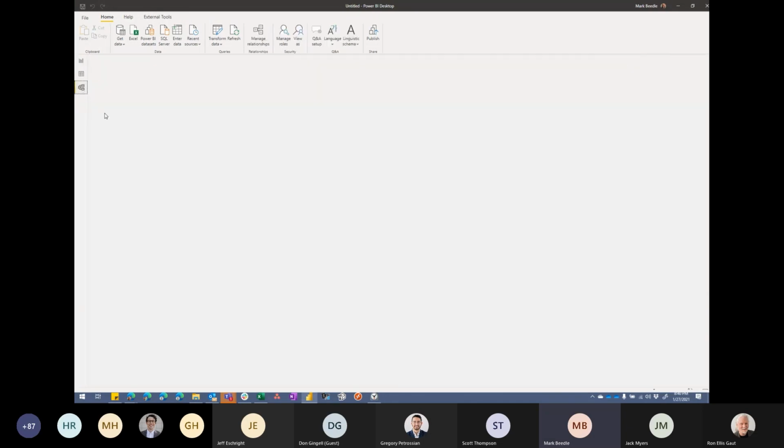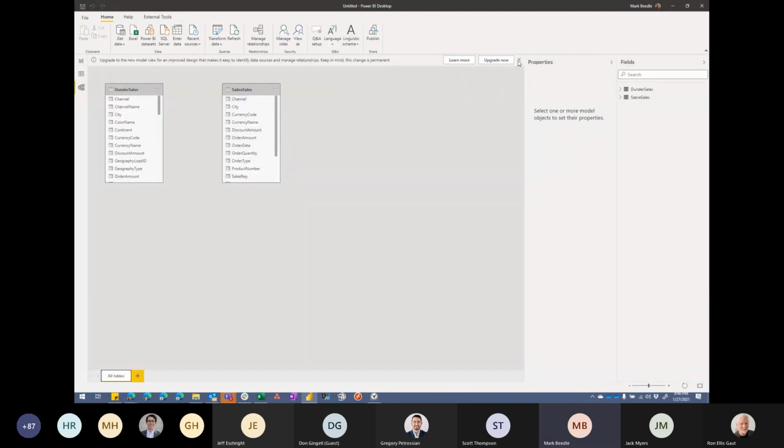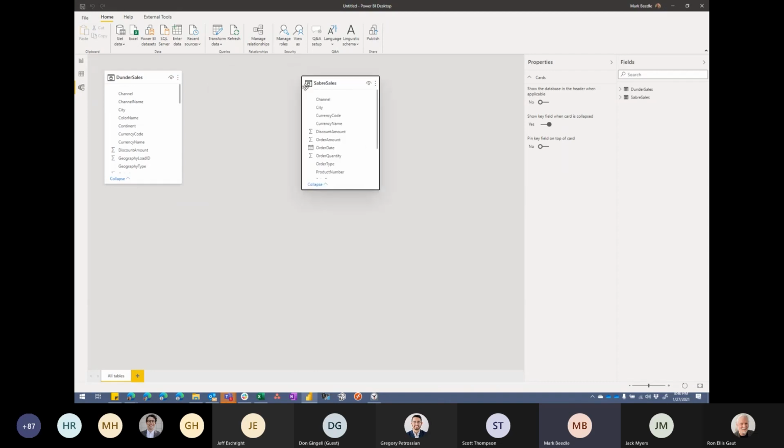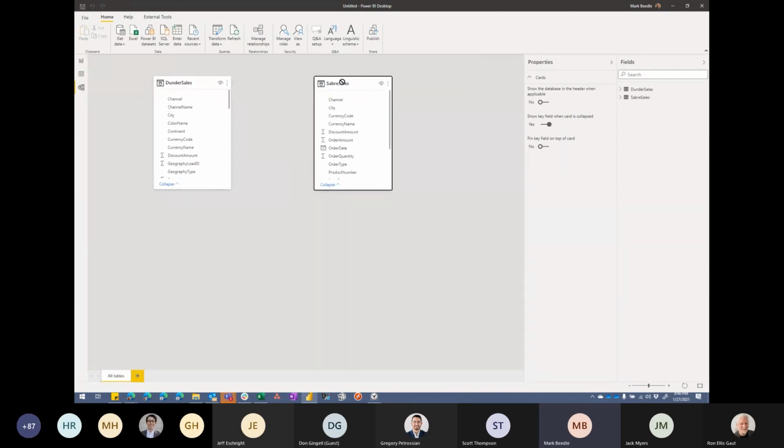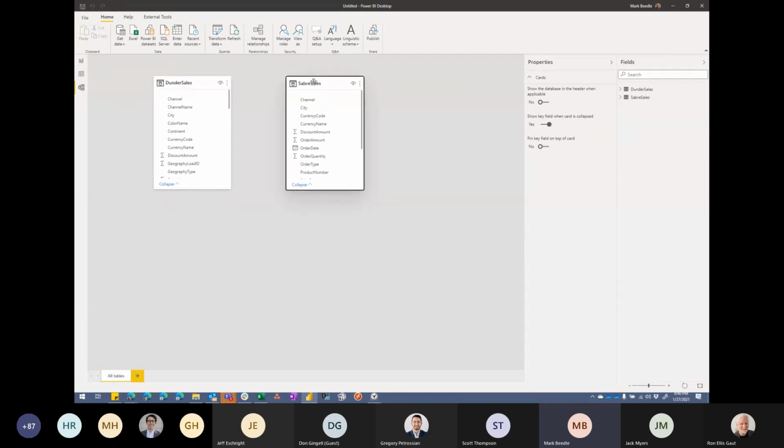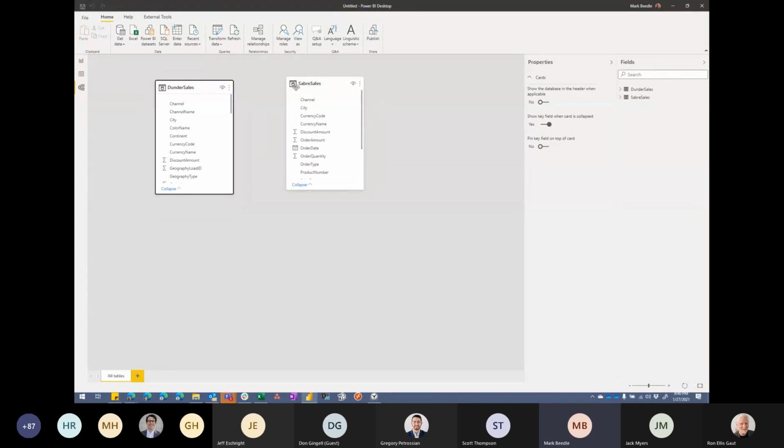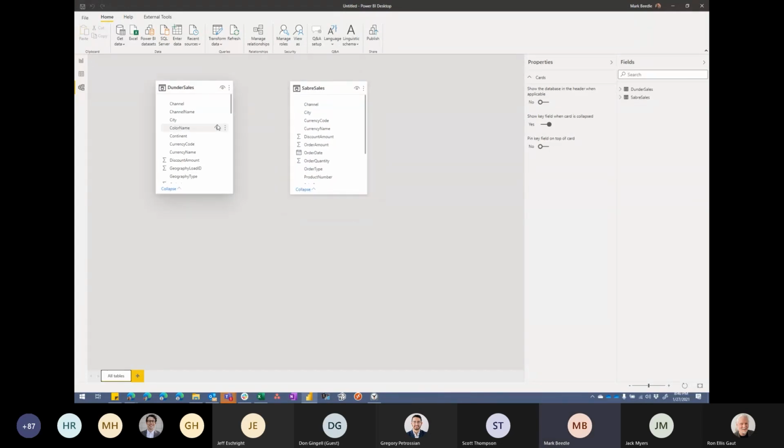Okay, so here's my data model. At least I don't have just one table. I've got two tables, but it still doesn't look much like a star. I know I've watched a lot of Guy in a Cube videos and read articles. I know I need to build a relationship between these so that I can write DAX against them, but I don't know what column could relate them.